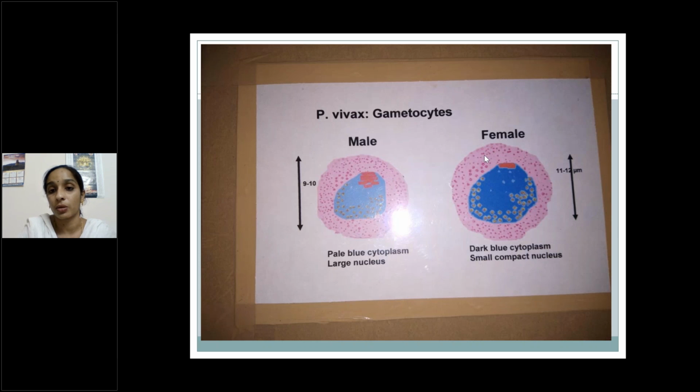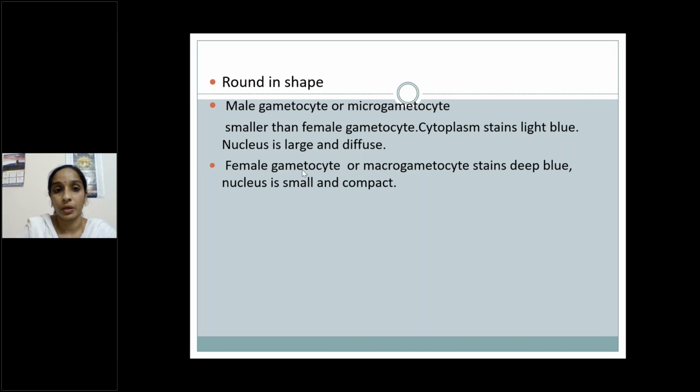Female gametocytes, also called macrogametocytes, are larger in size. The male stains light blue, female gametocytes stain dark blue. We already discussed. So these are the few important points about morphological forms of